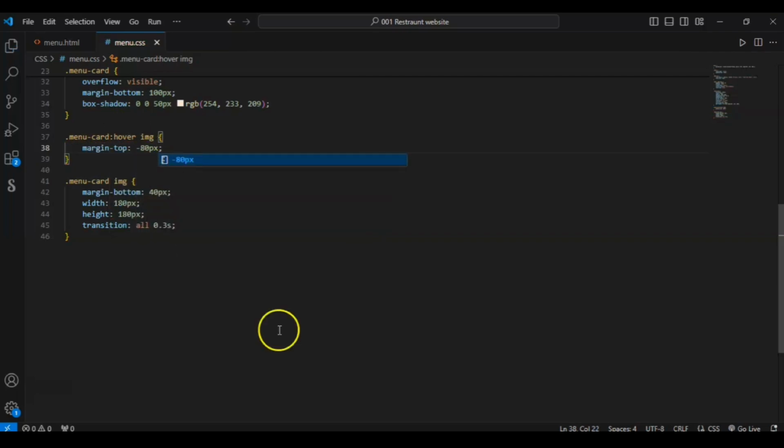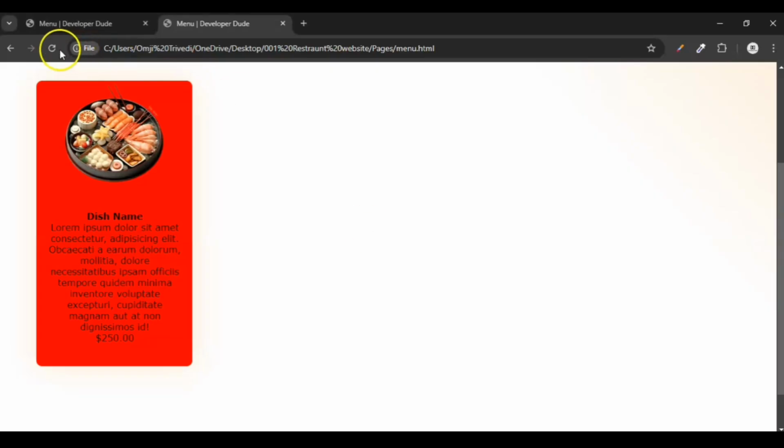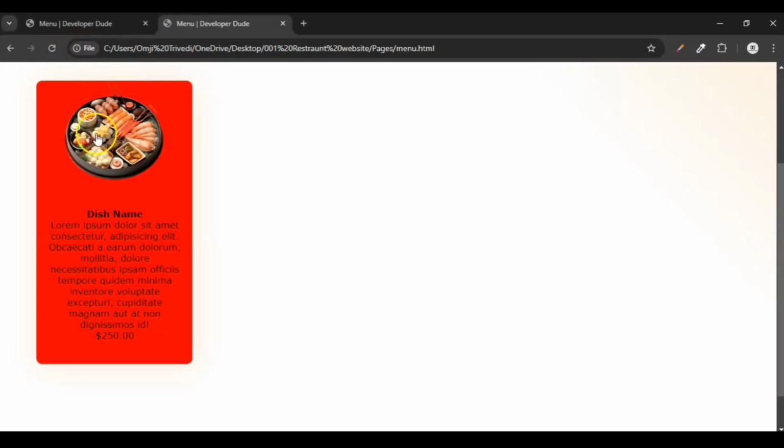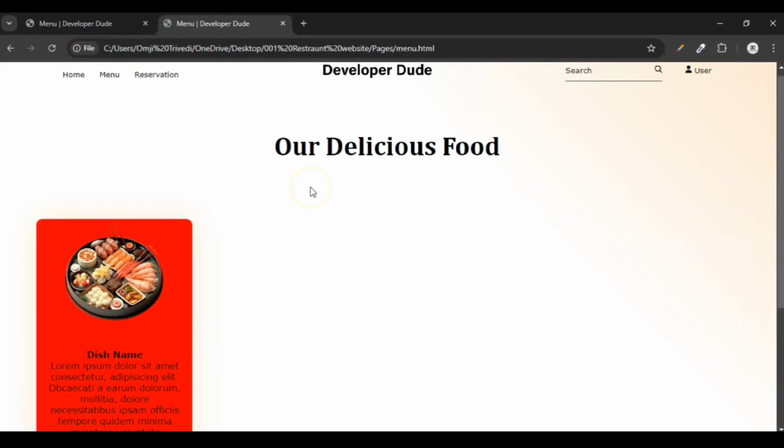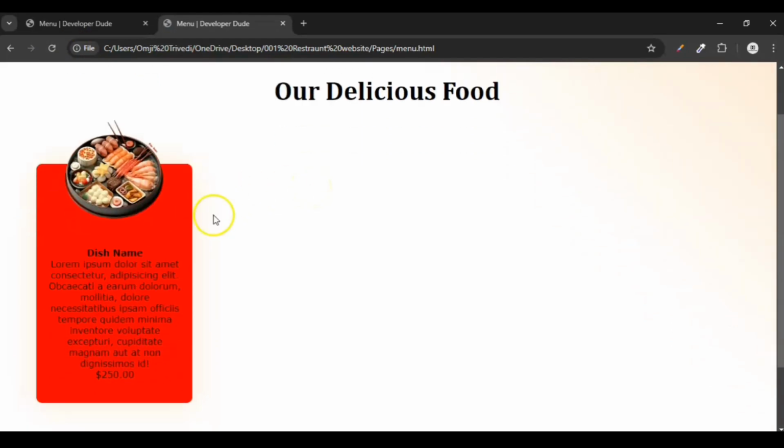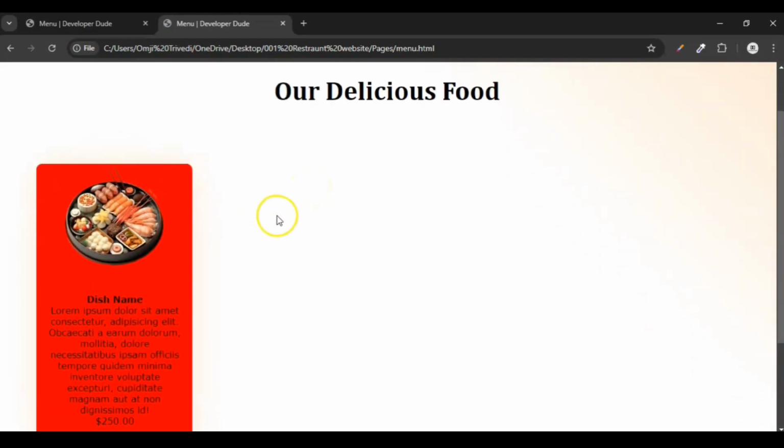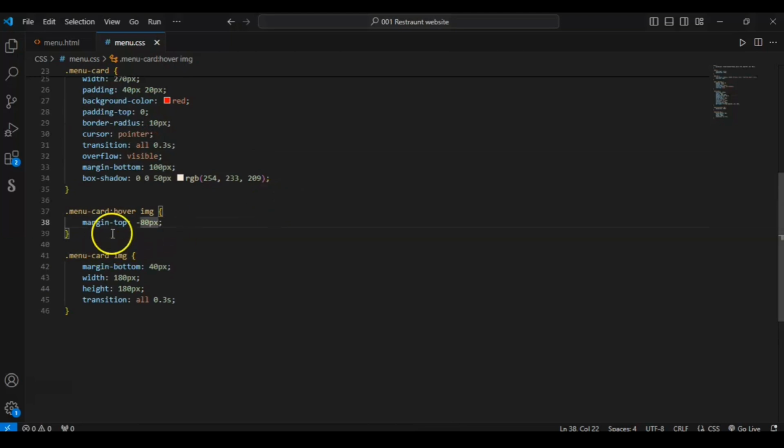Okay, let's see, refresh. Oh ho ho, look at this, our dish is coming up. So because of this hover and this transition, all 0.3 seconds.